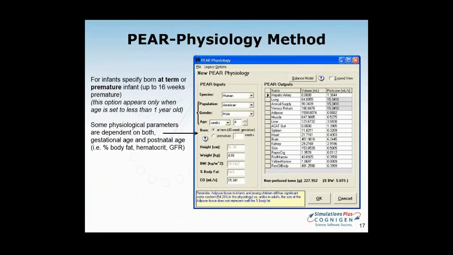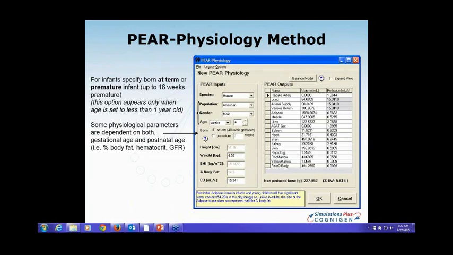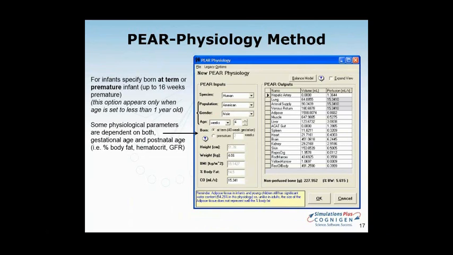How do you account for all of these processes? It's very simple within GastroPlus, where you simply define whether you want to create a physiology for male or female and define an age. And in the cases where you are trying to model a child less than 1 year old, you would also be defining whether this child was born at term or whether it was premature, because for some of the physiological parameters we had information that the gestational age is affecting the ontogeny of that process separately from the postnatal age, so we need to account for both.